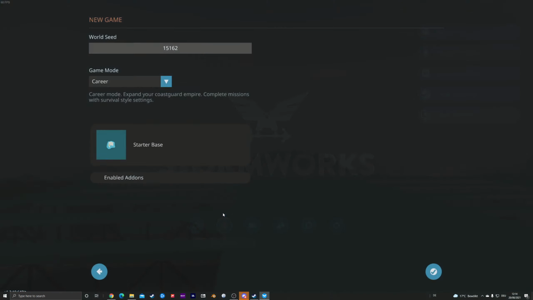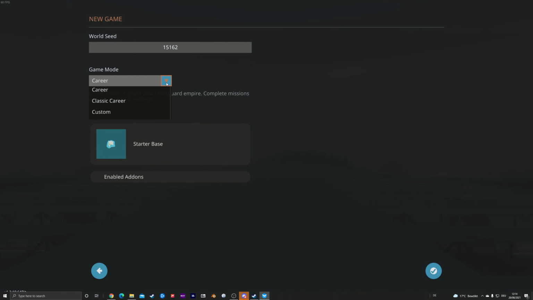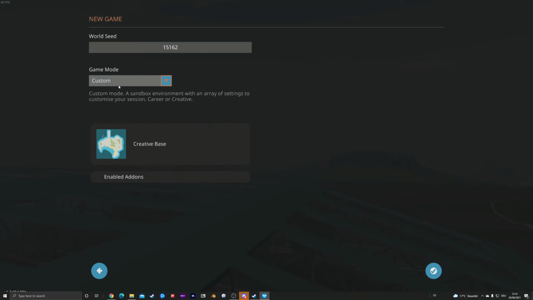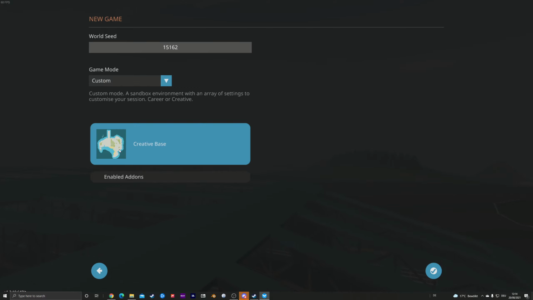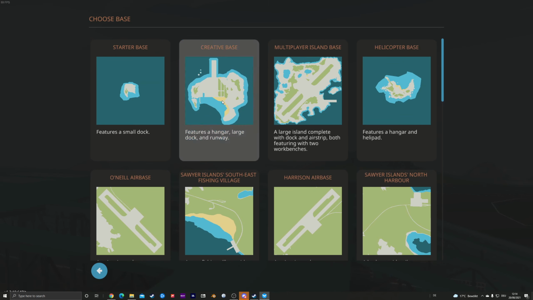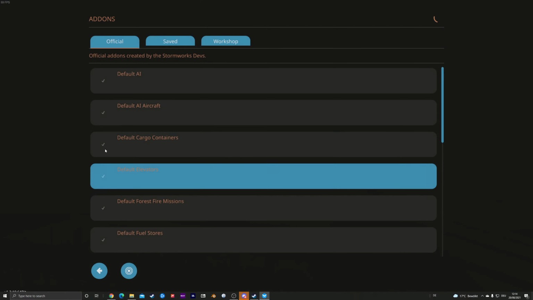I'm going to create a new game here and show you how to get started in what I'd call sandbox mode. So typically what I would use if I was going to use this for educational purposes or anything else. So basically I've created here a custom game which automatically puts it in sandbox mode. You can pick a place where you start. So these are kind of different locations around the map. You can add